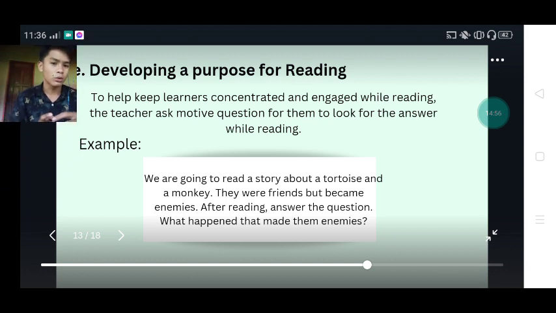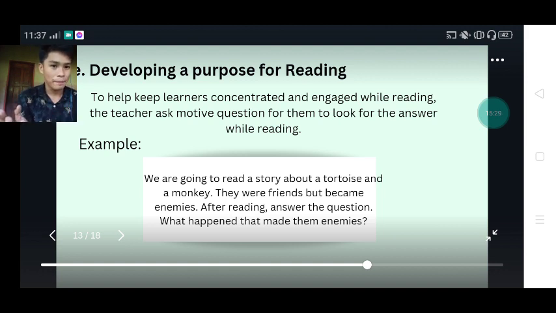So to develop their purpose for reading, the teacher should ask a motive question for them to look for the answer while reading, so you can measure if they